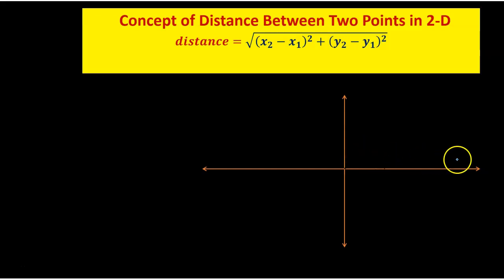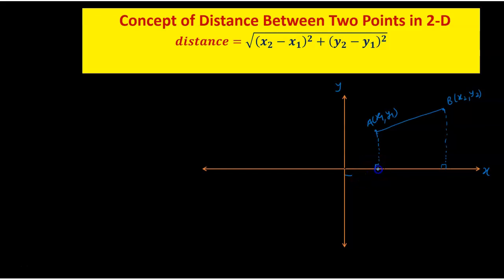For the proof we have considered the x-axis and the Cartesian system. Here I simply mark point A with coordinates x1, y1, and another point B whose coordinates are x2, y2. Simply joining these points, I drop one perpendicular from point A to the x-axis, and from point B to the x-axis. Why I draw the perpendiculars, I will explain one by one.